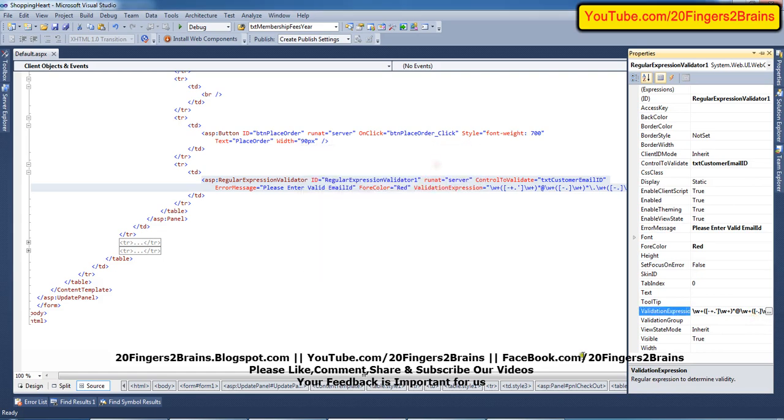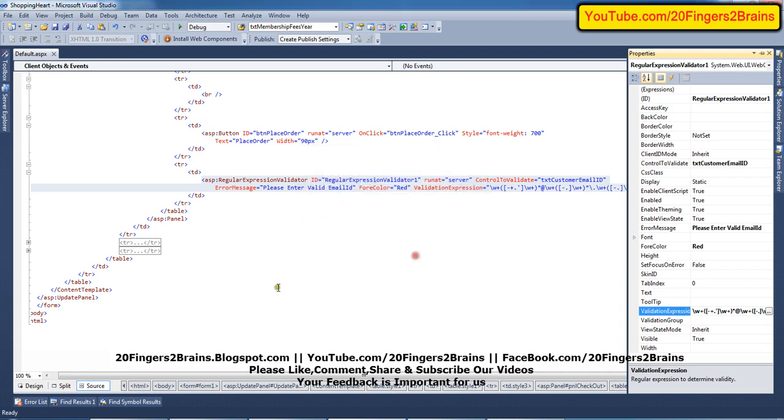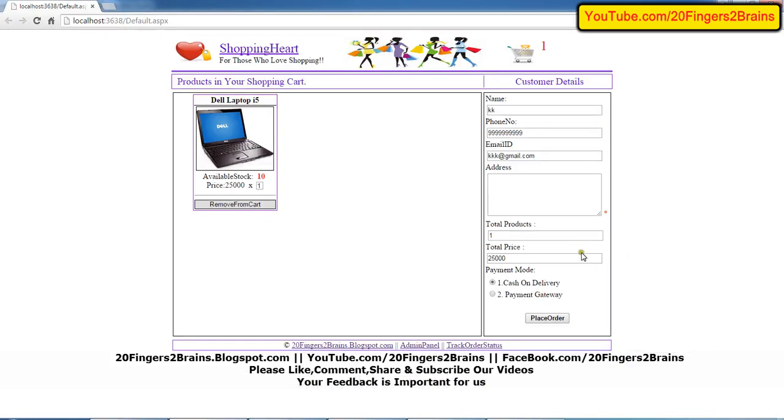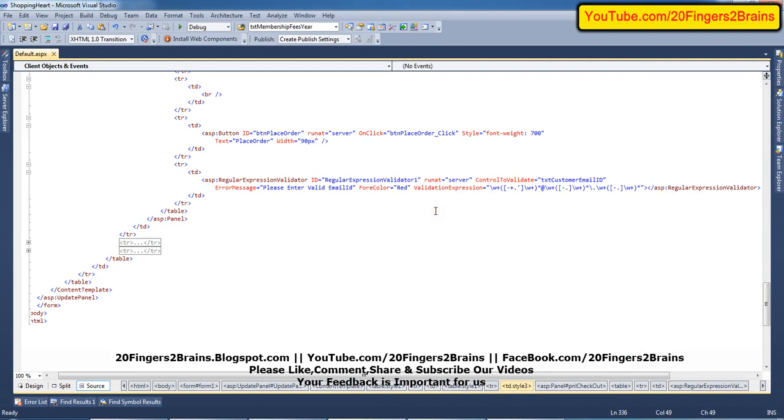So you can select this, go to properties, then we have the validation expression. Here we have validation expressions for almost everything, like phone number, postal code, internet URL, Japanese phone number, like this. So here we have to select internet email ID and press OK. So this regular expression will validate the email ID.